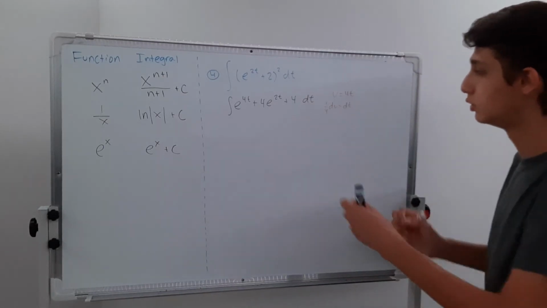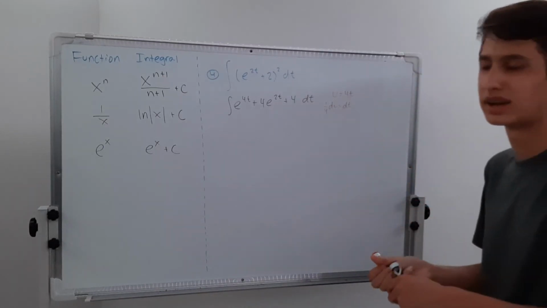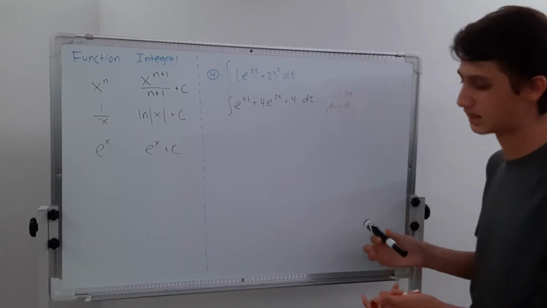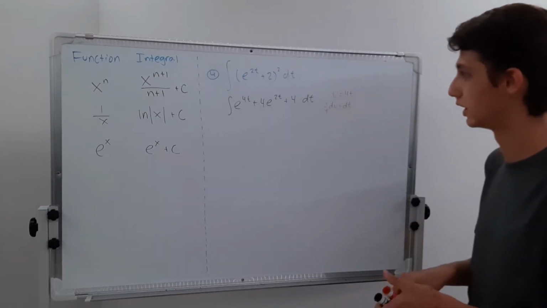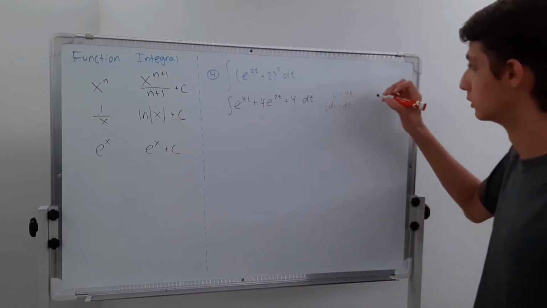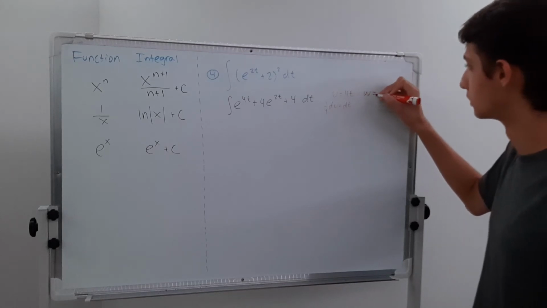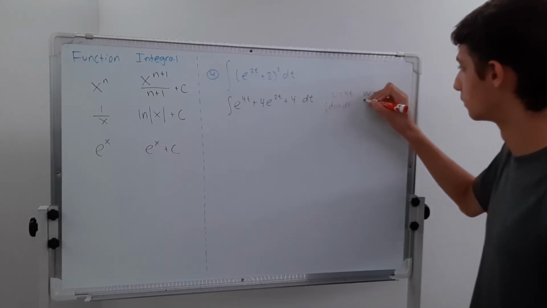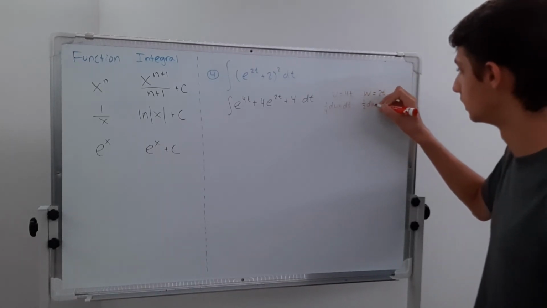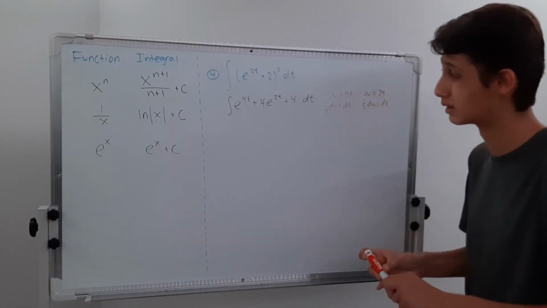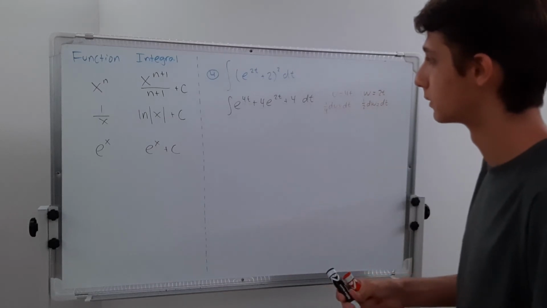And then for this 2t, I don't want to use u again because that would be kind of confusing, so we're going to do another substitution. We'll do w. W sometimes is good. So w equals 2t, and then 1/2 dw is equal to dt. And then the 4, we don't have to do any substitutions. Okay, so